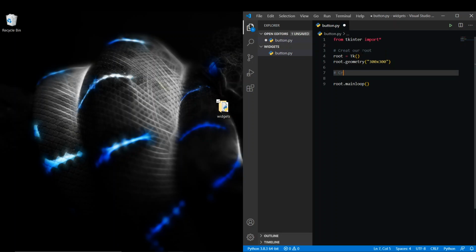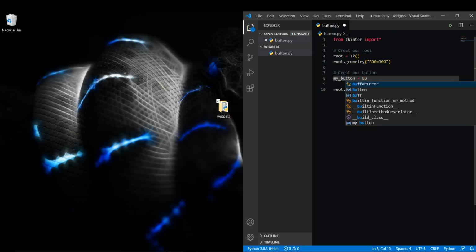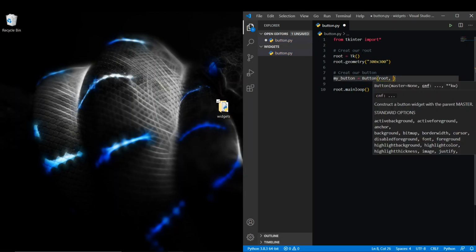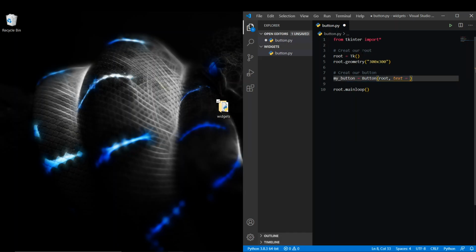So, create our button, my_button equal Button(root, because our button will be inside the root, and we start using properties like text equal "Click me", for example, and font equal Arial Black 14. Right,